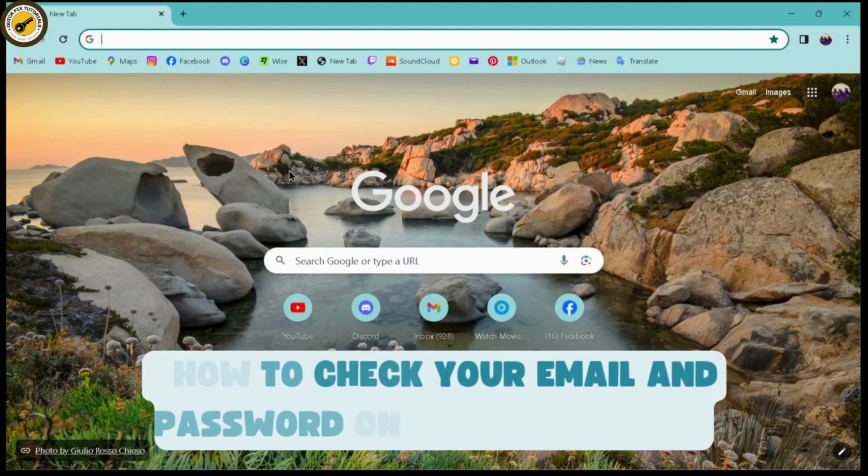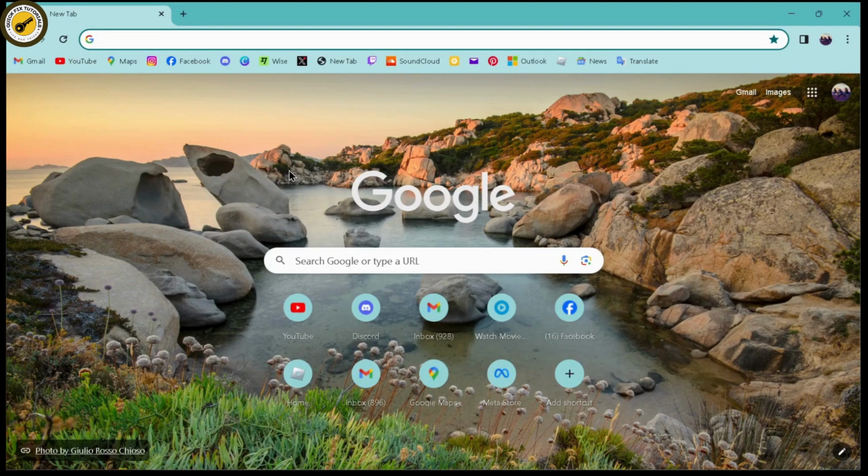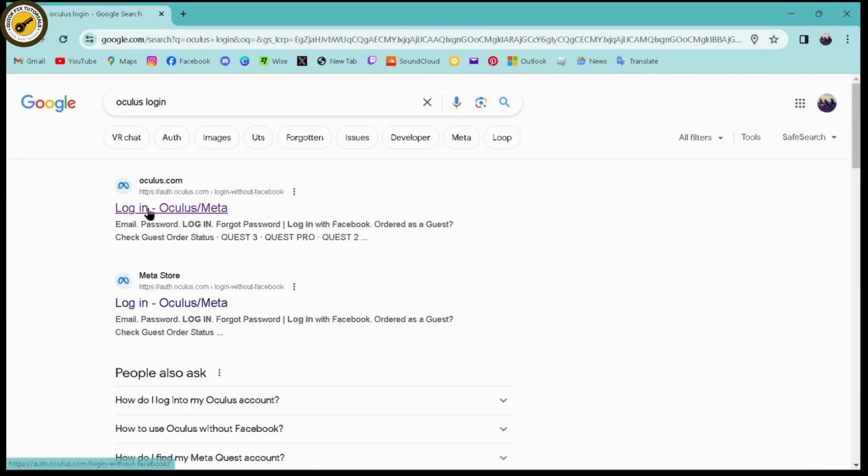How to check your email and password on Oculus Quest. So if you want to check your email and password on Oculus Quest, then first you need to open up a browser, any browser that you're comfortable with. You can't do that with your application, so open up a browser and then you can search for Oculus login, and you can simply go for the first search,